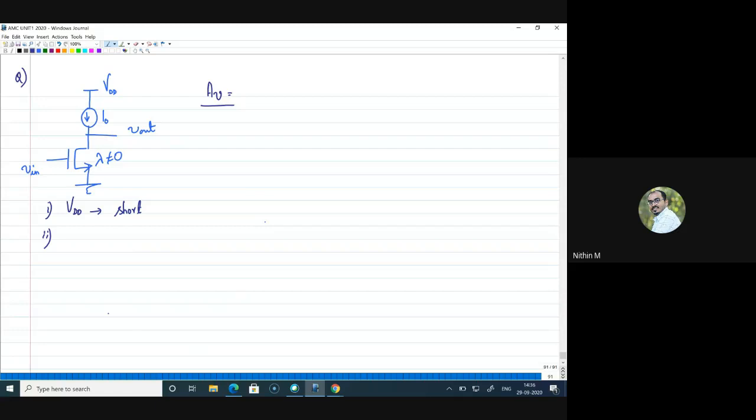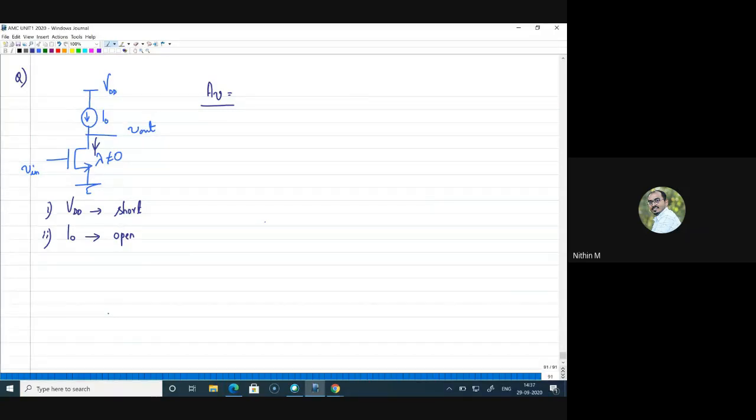Similarly, if you have a DC current source, that is what we can see here, I naught, you should make it open, right? That doesn't mean that there is no current flowing. There is a DC current flowing, and we very well understand that a DC current is flowing through this MOSFET, but we are not considering that DC current now, because we are interested to know what is happening to the AC current, right? So this is an understanding.